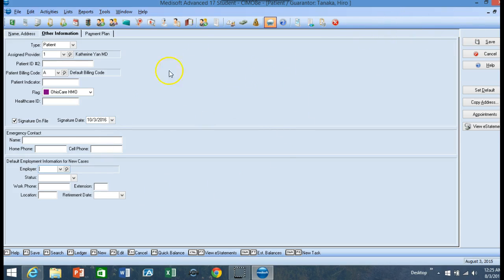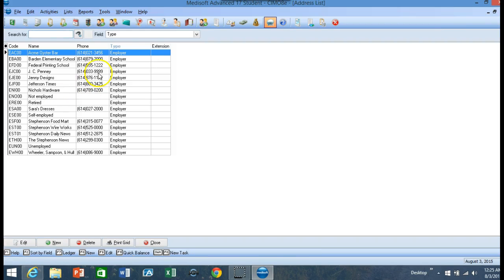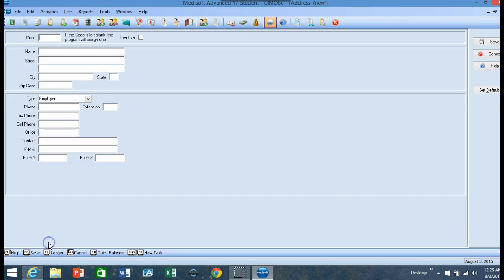I'm going to leave this window open, and I'll show you where we keep a list of, and that's your key word, list of addresses of employers. So select lists, then addresses. You will see these are lists of employers. I want to simply add a new one. And the code for this is E for employer and then the first two letters of the company name. In this case, it's McCray Manufacturing, and then followed by 2 zeros. This is explained in your book, in the exercise on page 148, how to fill this